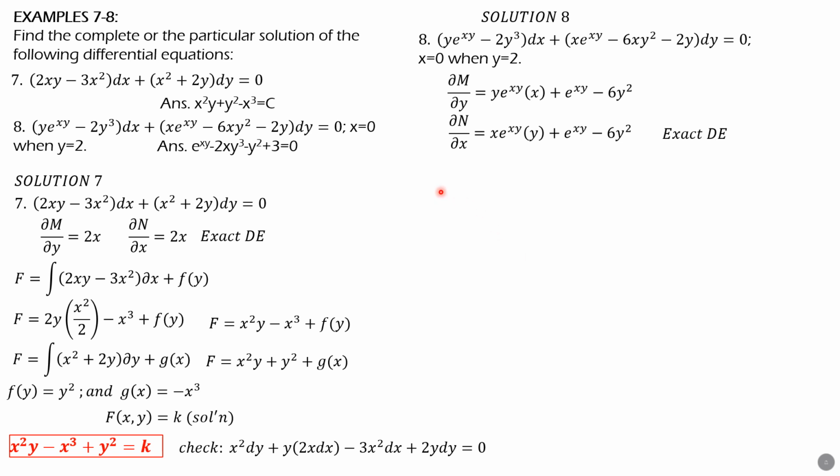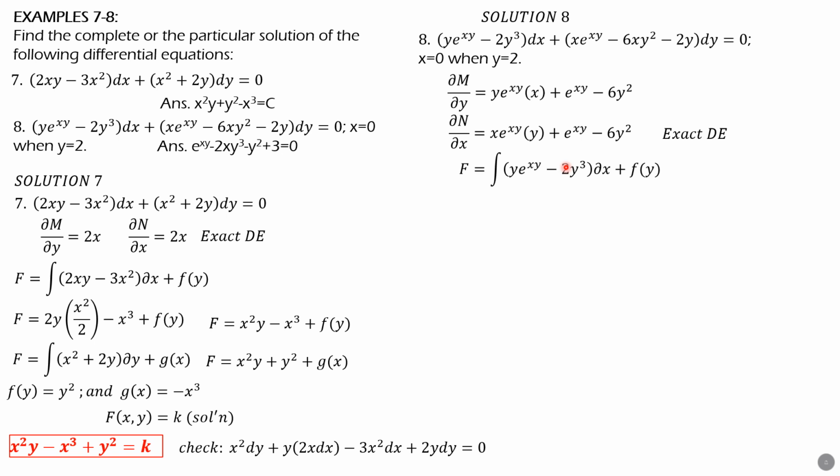So the solution would be equal to the integral of this partial of x plus a constant of integration f of y. So if we let u be xy, e to the xy, then x is the variable, then e to the xy times the derivative of xy with respect to x, which is y, dx, which is here. So this is in the form integral of e to the u, then y partial of x is du. That's du. So the integral of e to the u du is e to the u. So it's just e to the xy.